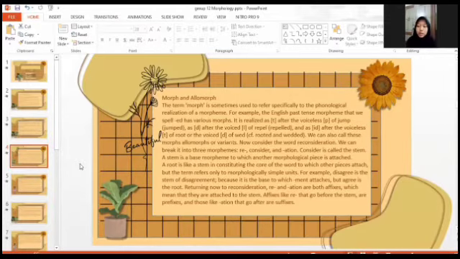A root is like a stem in constituting the core of the word to which other affixes are attached. But the term refers only to morphologically simple units. For example, disagree is the stem of disagreement because it is the base to which ment is attached,